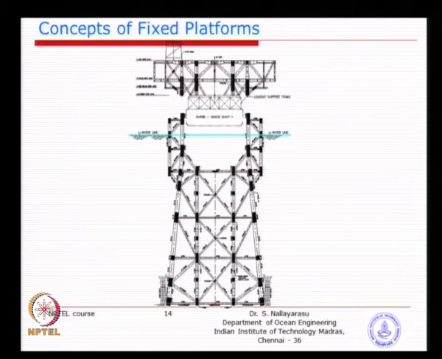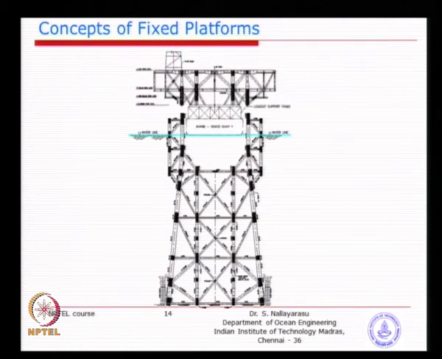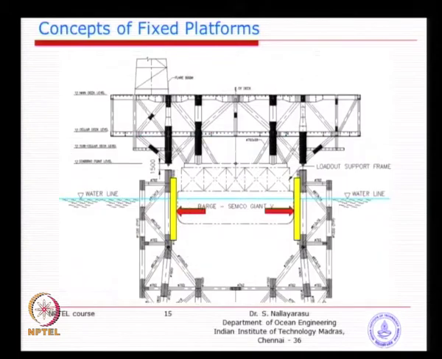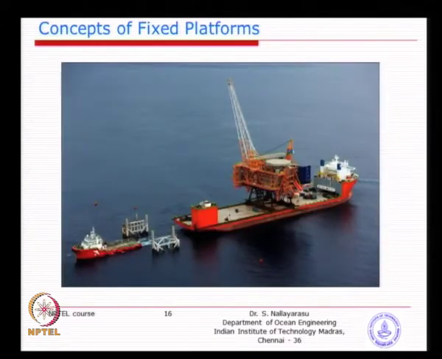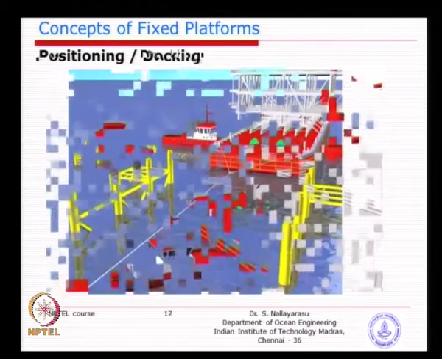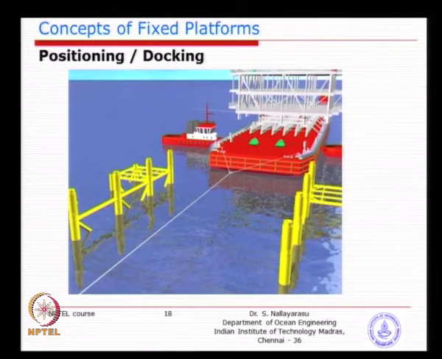So, the basic idea is the arriving condition, and you will be seeing around typically about 1.5 meter, and I think we have seen this video, you will be able to appreciate this. How do we enter is the biggest problem when the vessel is such a large size. You see here on the left side and right side there are 2 boats aligning the vessel such that it can actually go in the slot.